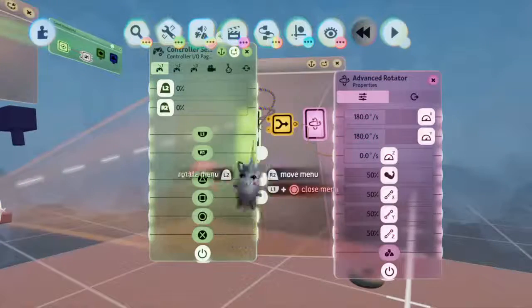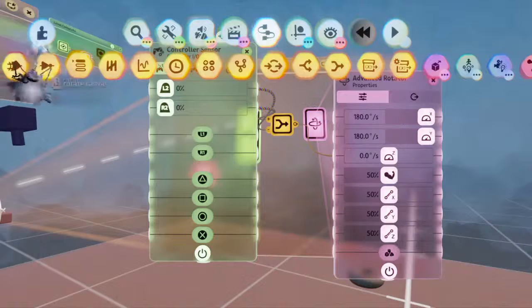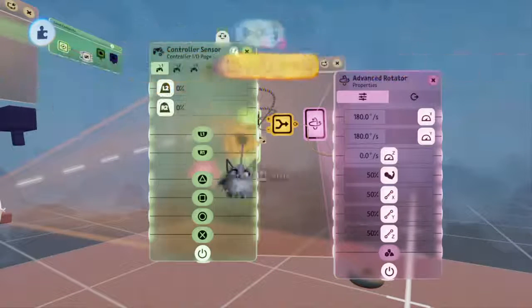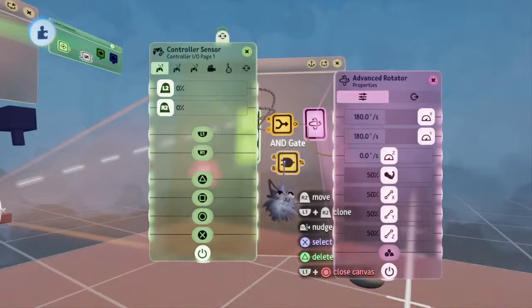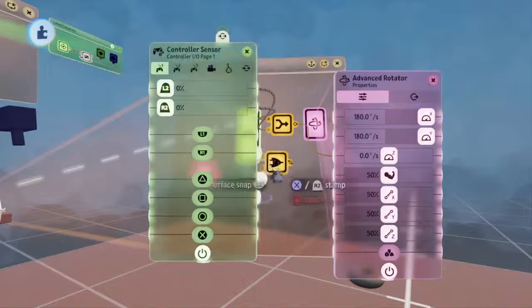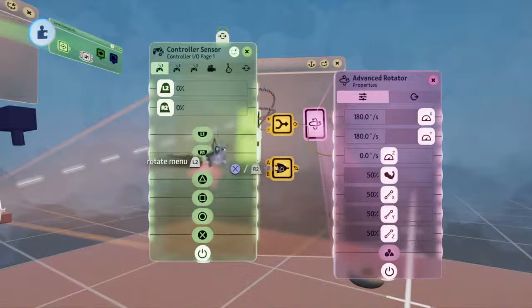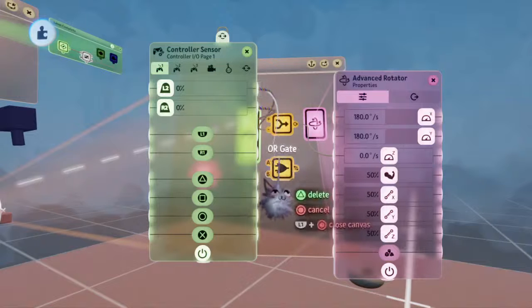So I'm going to need an AND gate then, which is right over here. Right. Sorry. That's wrong. I actually need an OR gate. My bad. Okay, so now we want to put these into here because